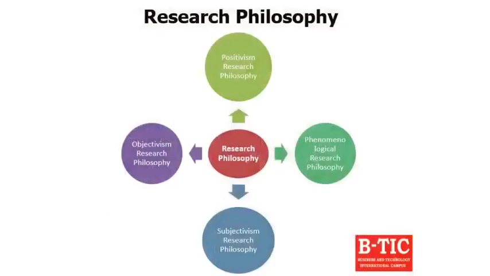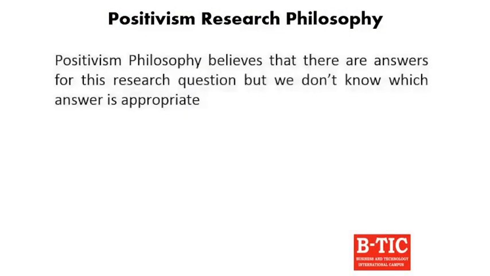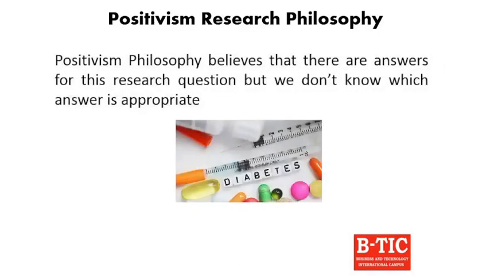The first layer of the research onion is the research philosophy, and there are different philosophies that apply for different researches. We learned some of those today: positivism, phenomenology, subjectivism, and objectivism. What is positivism? Positivism philosophy believes that there are answers for this research question, but we don't know which answer is appropriate. Somebody is suffering from diabetes and we don't know the reason, but there are reasons, there are answers,